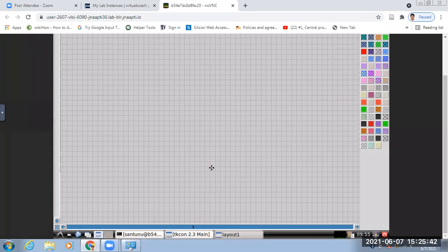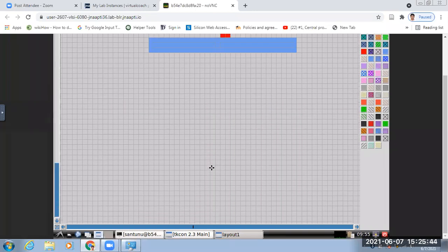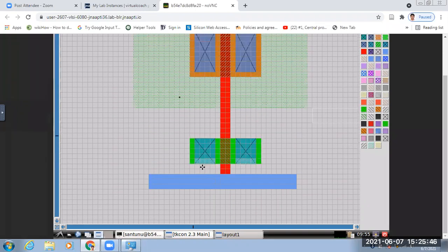Metal to metal spacing minimum is 0.6 micron. We have given it 0.4, so that's why the error is there. So we'll delete that.